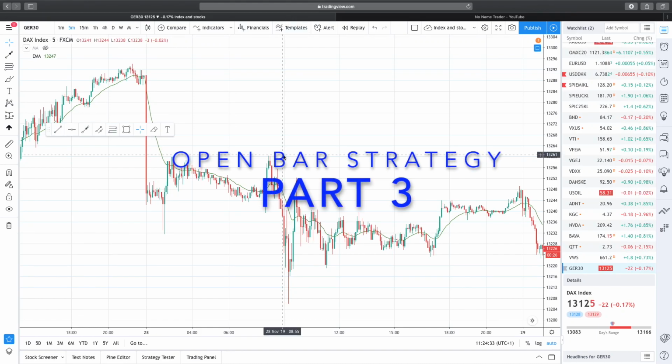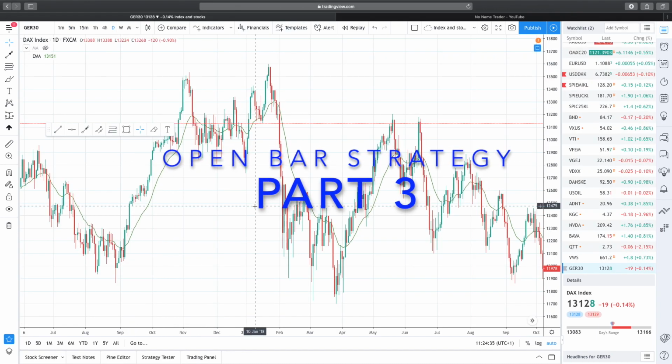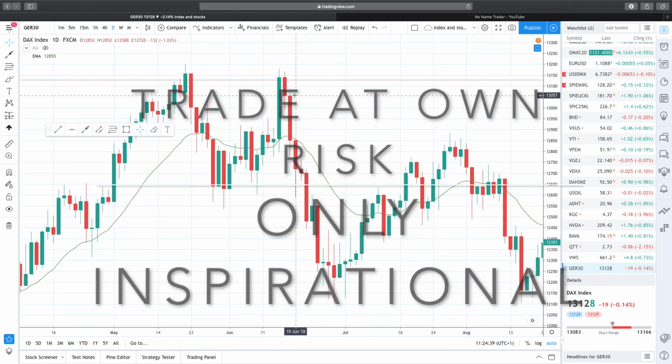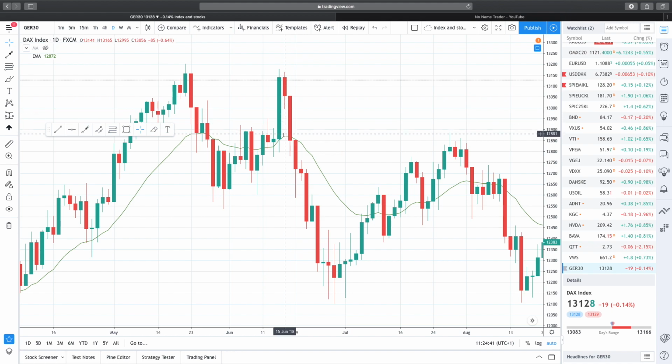Okay, so putting it all together, we've got the daily charts that tell us that often the day opens near the highs or it opens near the lows. And if you can get in a trade near the open, then sometimes you can ride it the whole day. So that's the gist of the